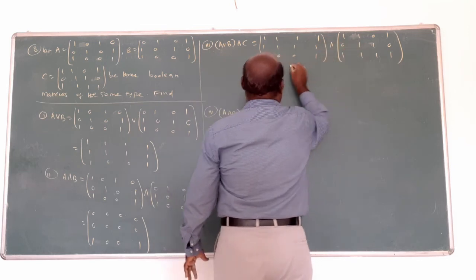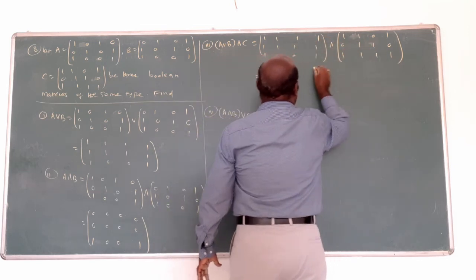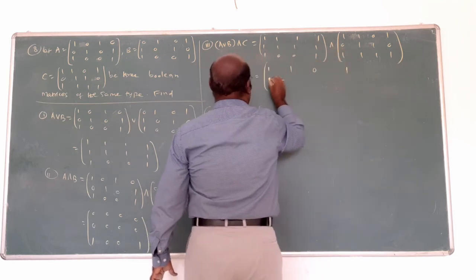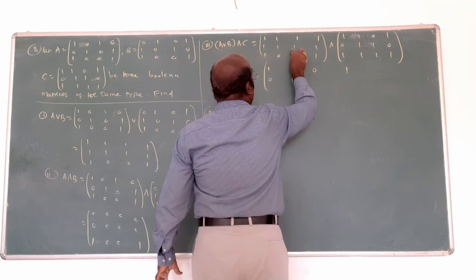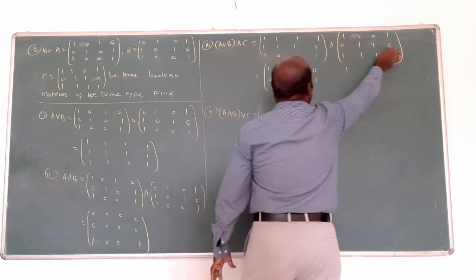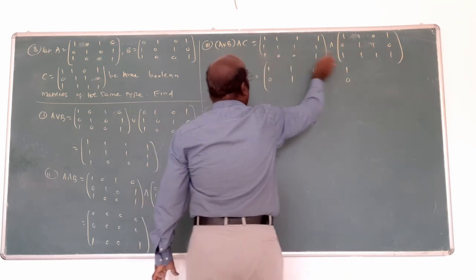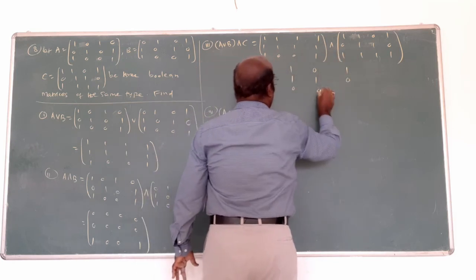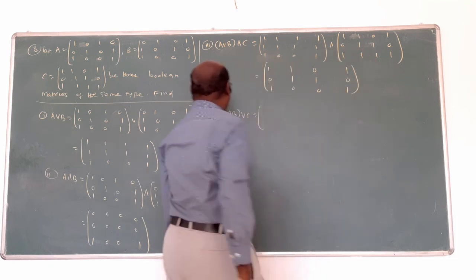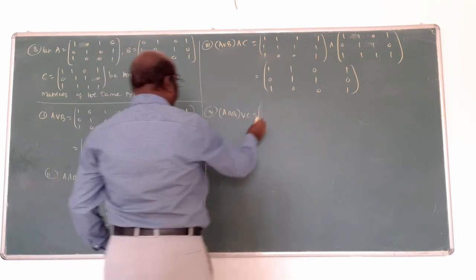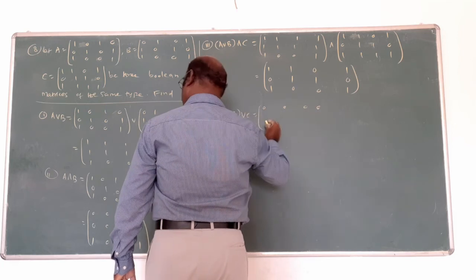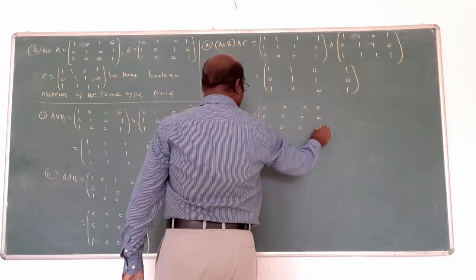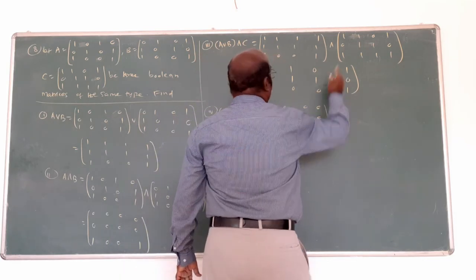Here 1, 1 is 1. 1, 1. 1, but here not 1, 0. 1, 1 is 1. Next, 1 cannot be 1, 0. 1, 1, 1. 1, but here not 1, 0. Here, 1, 1, 1. Here 0, here 1, 0. 0, 1, 0. That's all. Similarly, this only, find out 0, 0, 0, 0. Next again 0, 0, 0. Next 1, 0, 0, 1. Now this is simple.